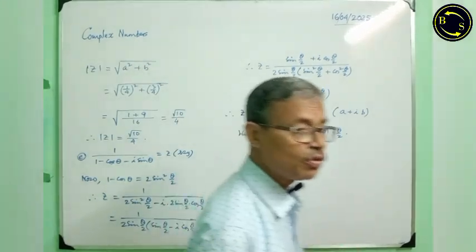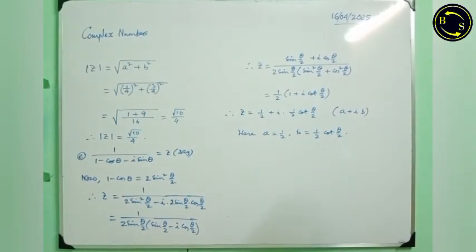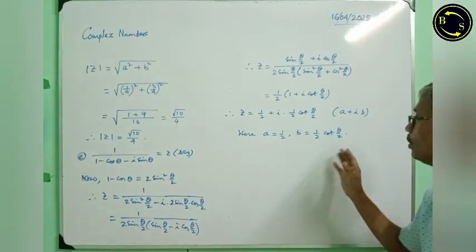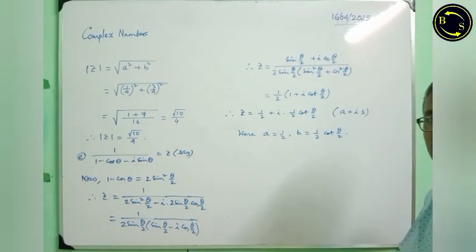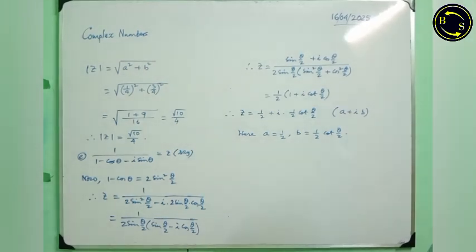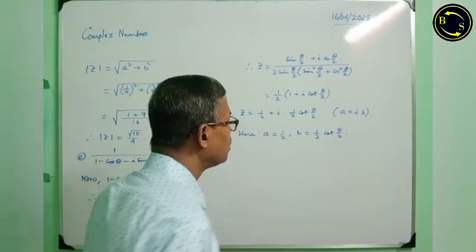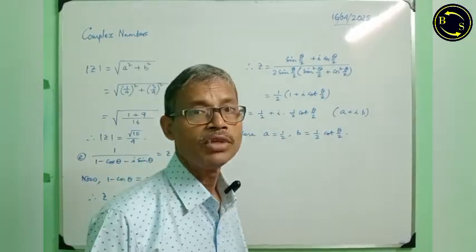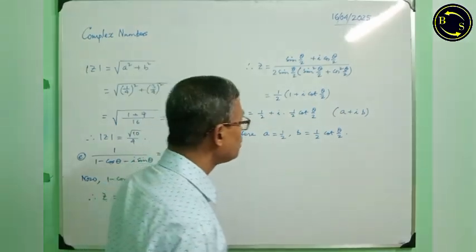Now we don't know the value of theta, though theta will lie between 0 and 2 pi. If I consider values lying between 0 degree and 360 degree, then theta by 2